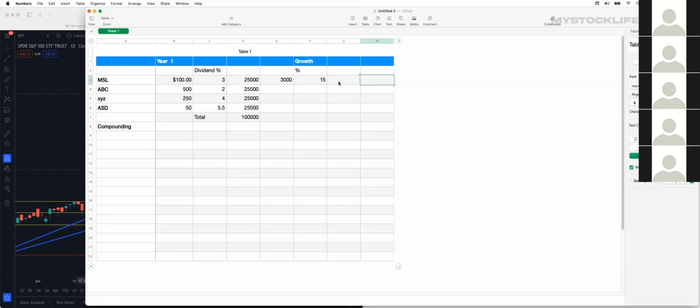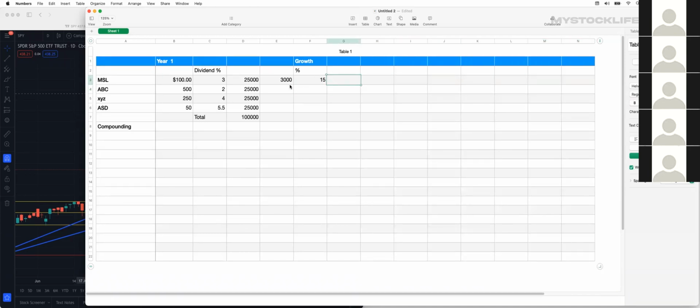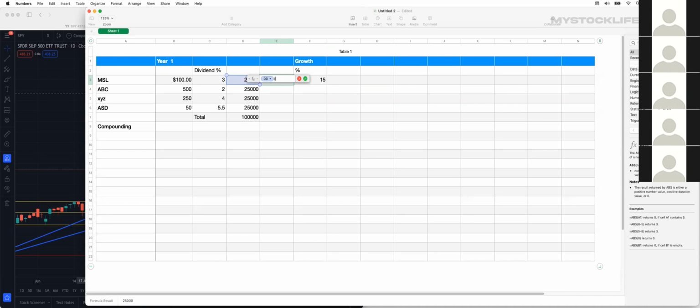And now, from 100 bucks, you put 25K in here. Okay, the 3% yield, sorry, I did the 3,000. So 25,000 times 0.03. My formula was wrong. Okay, so 750 bucks. So at 3%, you're getting $750 just as dividends from this stock, MSL, with a